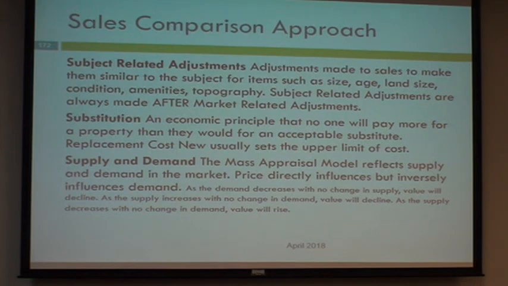Subject-related adjustments. Remember what we had? Well, we had market-related adjustments as far as time and financing. After we get through the market-related adjustments in our sales grid, we're going to do some subject-related adjustments. How are they similar? How are they different from the subject? Are they the same size? Are they the same age? Do they sit on a different size tract of land? Are they in better condition or worse condition? Do they have some amenities? Do they have a pool? Do they have a metal shop? Do they have some other type of out structure? Is the topography the same? Of course, out here